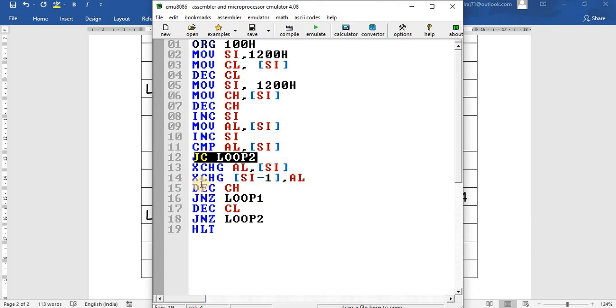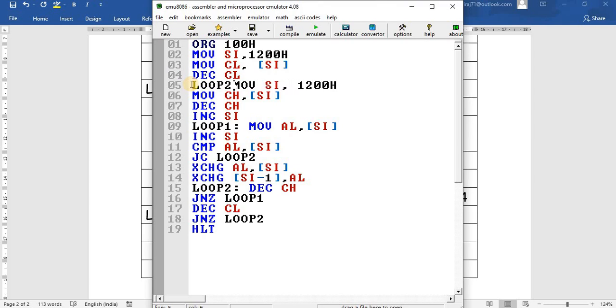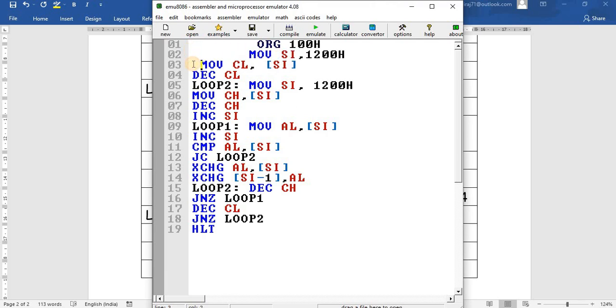So we didn't give the loop names, so we should give the loop names: loop 2 colon, and then we have given loop 1 colon, and then we have loop 2 colon. So you should give the corresponding loops as in the colons.